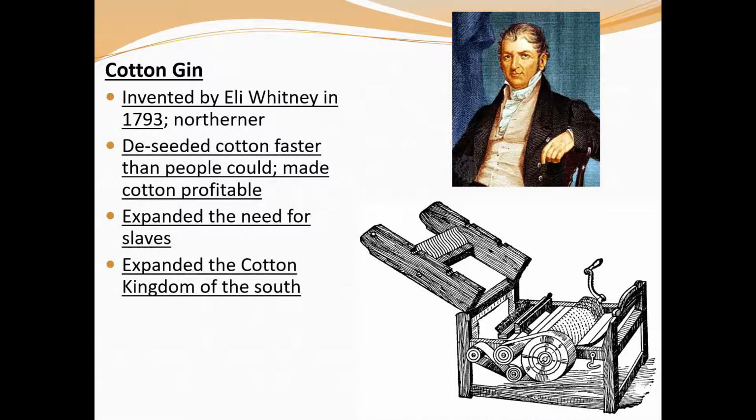We talked about the cotton gin just a little bit at the end of day 2, but it was invented by Eli Whitney, who was a Northerner. The purpose of the cotton gin was to de-seed cotton faster than people could de-seed it prior. Before, you had a ball of cotton, you'd pick the seeds out. Now you can put it in this machine, roll it, it stretches the cotton out, and it drops the seeds out while allowing you to pull the cotton off. Essentially, it expands the need for slaves, because now if you can pick more cotton, you can process it much faster, and the cotton kingdom of the South